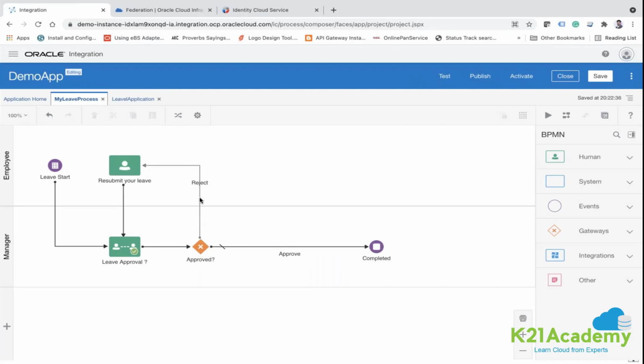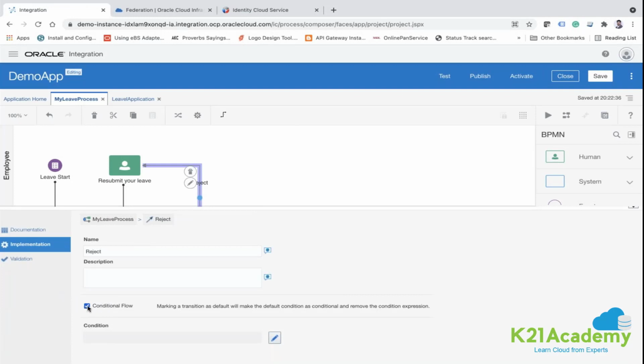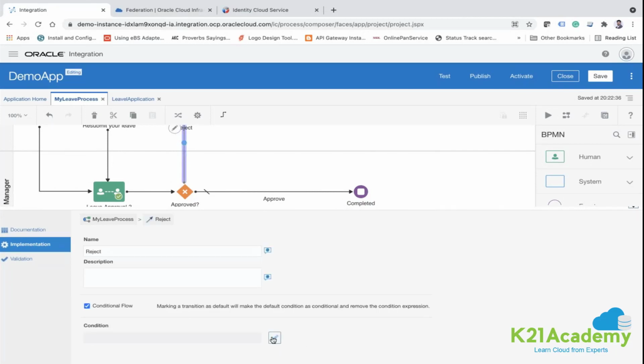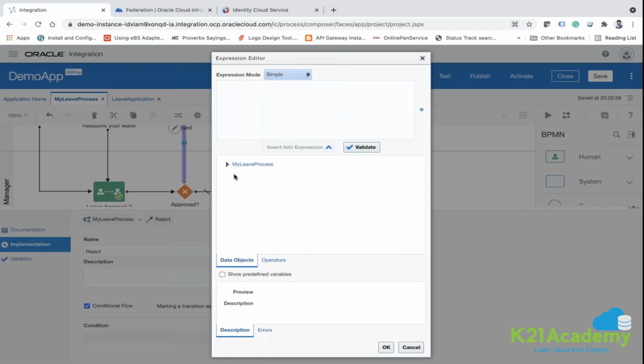Now you can configure this. Let's click on this and click on edit, and here you see conditional flow is checked, but on this one it was not checked, hence it's saying default. So click here again, and you can define the condition here, and now you can see my leave process outcome. You see outcome, and I will say if it is reject.